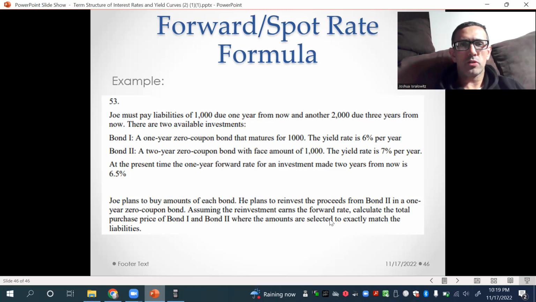Okay, so right, the idea is you have bond 1, the 1-year zero coupon bond. You need to use that to pay off the 1,000, because bond 2 is reinvested, and then that reinvestment is going to be used to pay off the 2,000. So we're going to use bond 1 to pay off the 1,000, and bond 2 to pay off the 2,000. Just add up the 2. All right, so